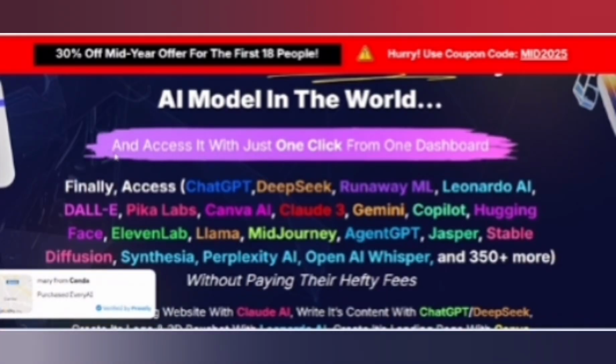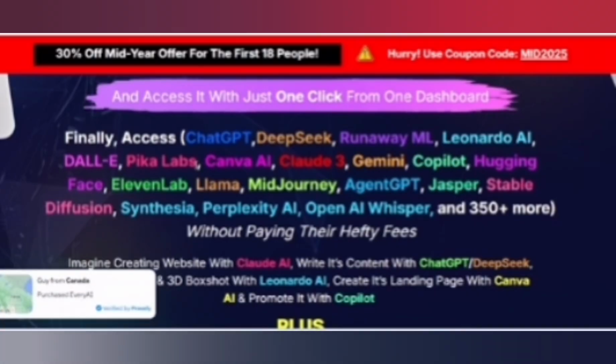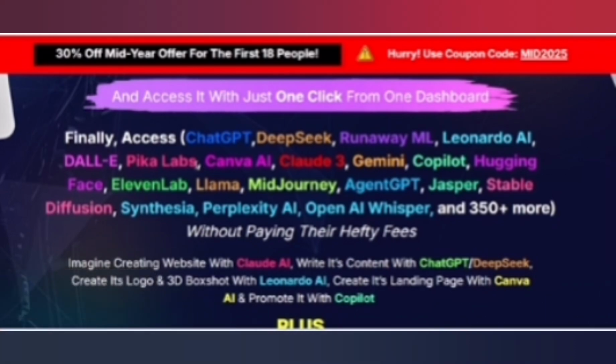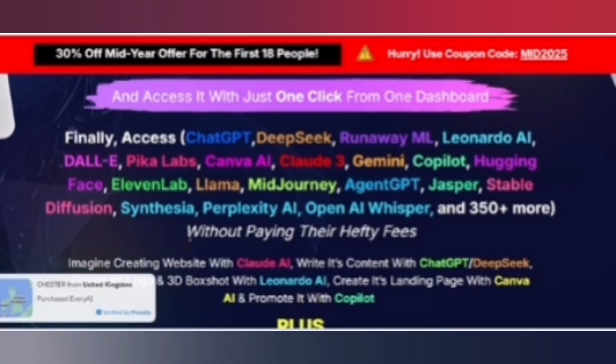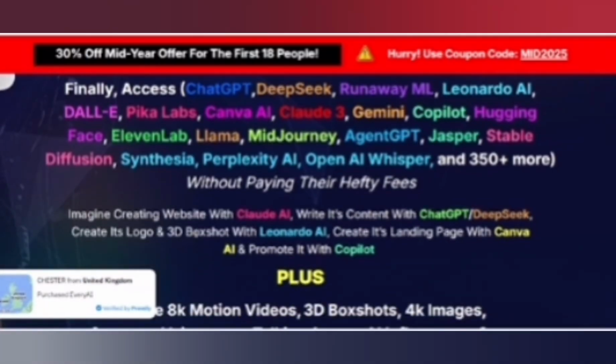Access any AI model in the world with just one click from one dashboard. Finally, access ChatGPT, DeepSeek, Runway ML, Leonardo AI, DALL-E, Pika Labs, Canva AI, Claude 3, Gemini, Copilot, Hugging Face, Llama, Midjourney, Agent GPT, Jasper, Stable Diffusion, Synthesia, Perplexity AI, OpenAI, Whisper, and 350 plus more without paying their